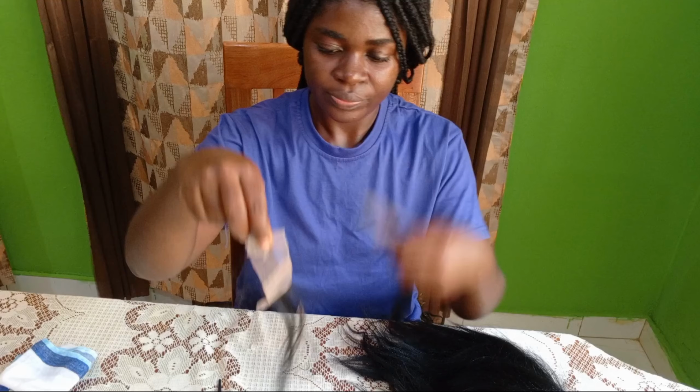So in today's video we are going to be working on this 360 lace that I resized. I was making this wig for a baby girl, 2 years old, and I resized this, but it was too small for her hair. So right now I can't just throw this away, so I am making this video to add more lace to this lace so that it will be able to fit the girl's hair. Okay, so